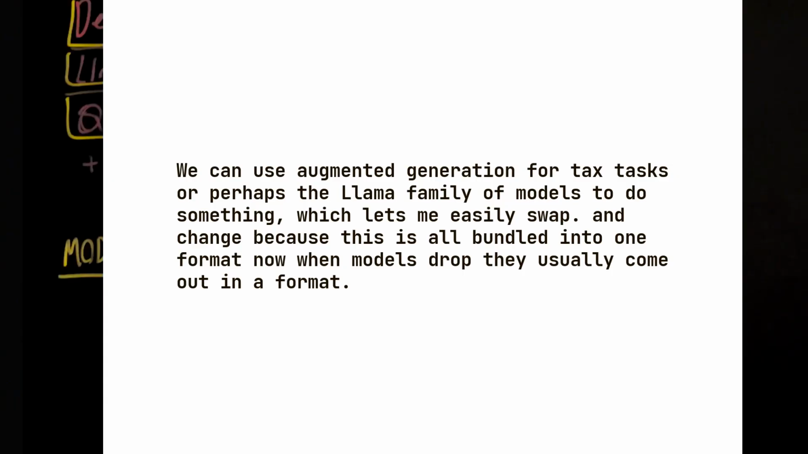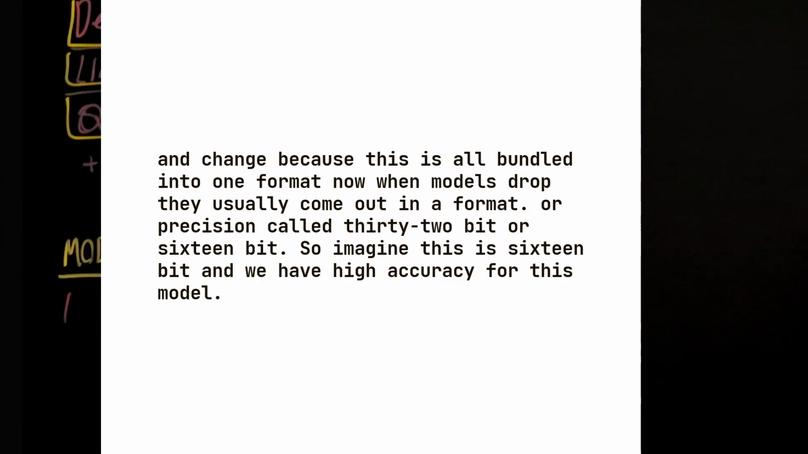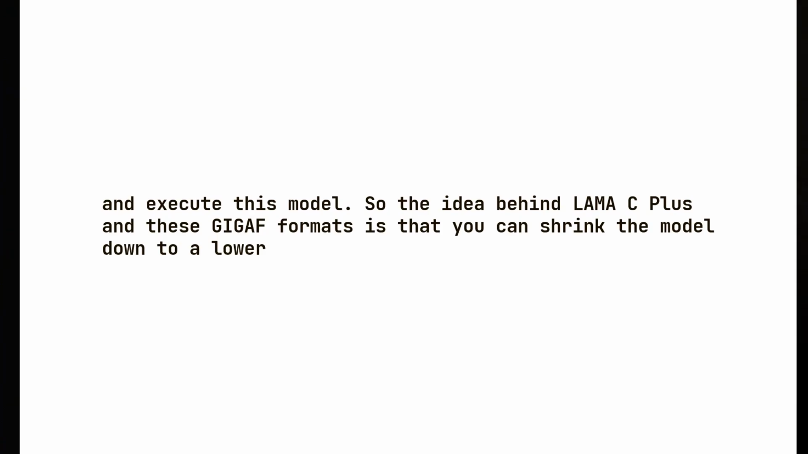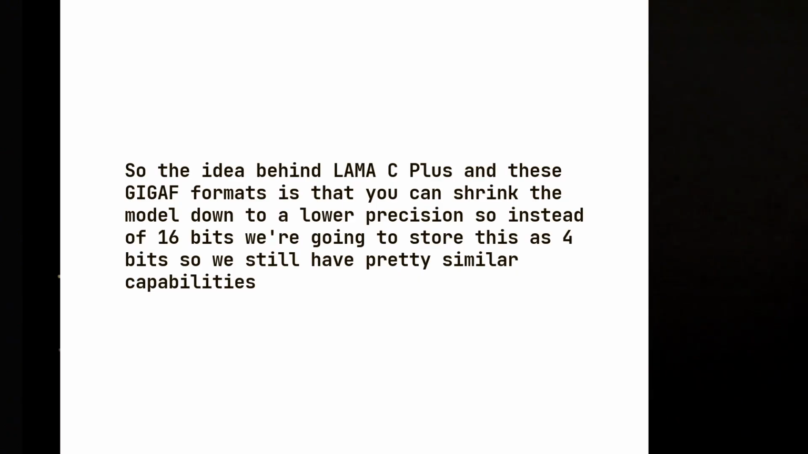When models drop, they usually come out in a format or precision called 32-bit or 16-bit. So imagine this is 16-bit, and we have high accuracy for this model. But the thing is, at the same time, this needs a ton of RAM to store it and execute this model. So the idea behind llama.cpp and these GGUF formats is that you can shrink the model down